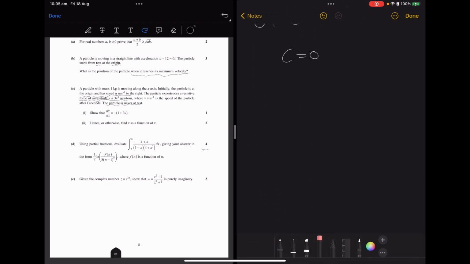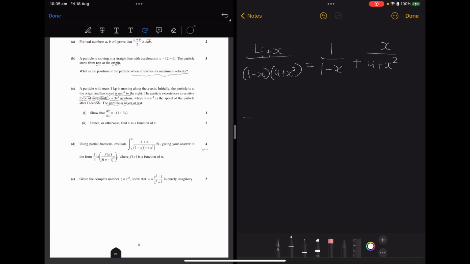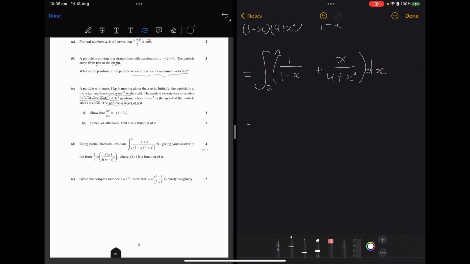So the full partial fraction therefore becomes (4 + x) / ((1 - x)(4 + x²)) = a equals 1 over 1 minus x, plus b is also 1 and c equals 0, x over 4 plus x squared. And finally, we integrate the entire thing. So the integral of 2 to the n, and let's sub in our partial fraction, make our life easy, plus x squared dx, that's all in brackets,